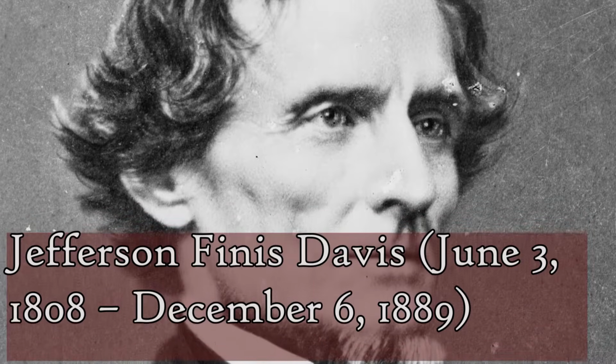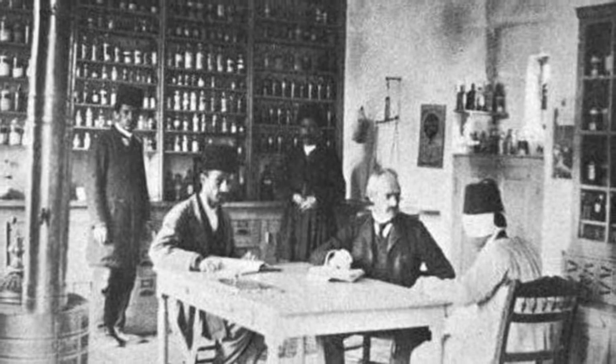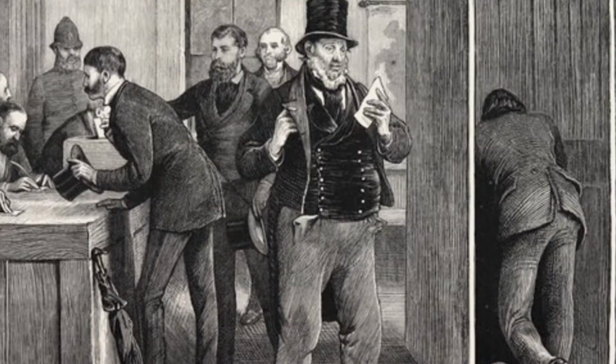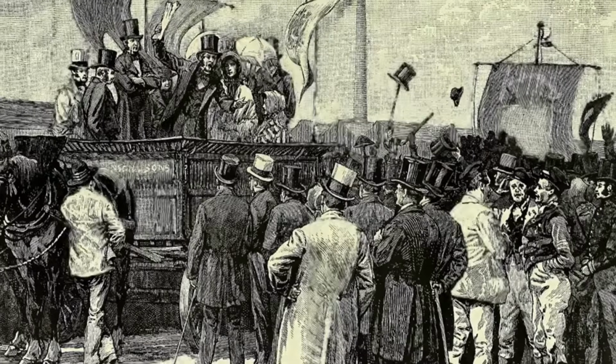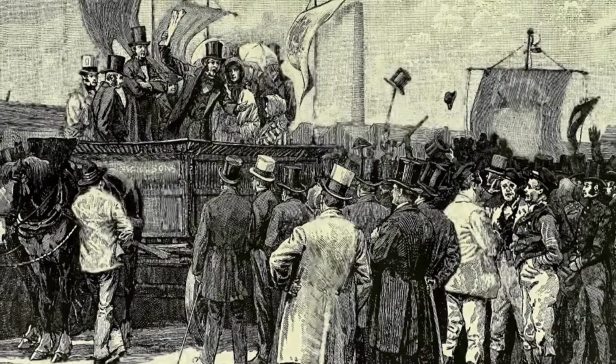Jefferson Davis, President of the Confederacy, had dispatched 3 envoys to secure British and French recognition as a sovereign nation. Britain and France had maintained their diplomatic relations with the United States following the outbreak of the Civil War, and had recognized the Confederacy as a belligerent power but not a sovereign government.